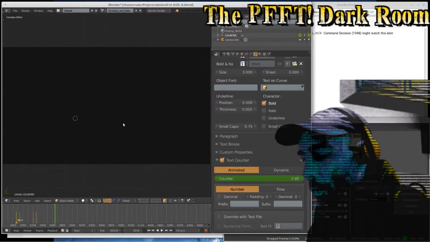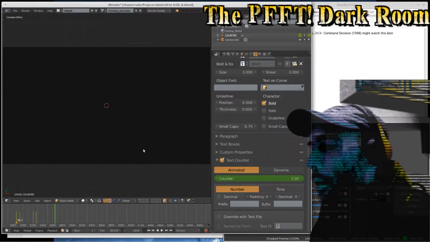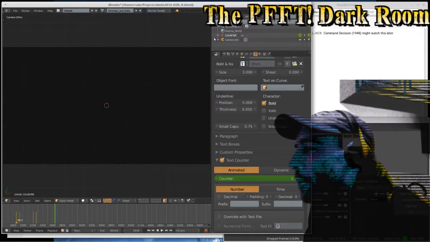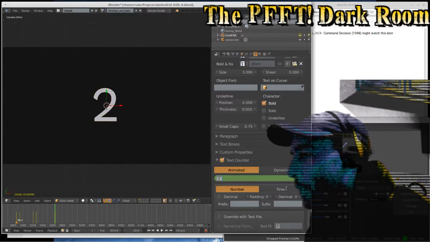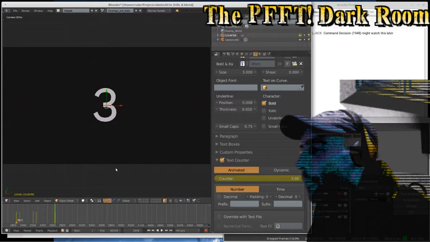So now what I am looking for, Shift S, cursor to center. What I'm looking for is the frame when the text counter falls back into visibility. Set a keyframe on both. The counter at this moment in time will read 3. I hit I for a keyframe.